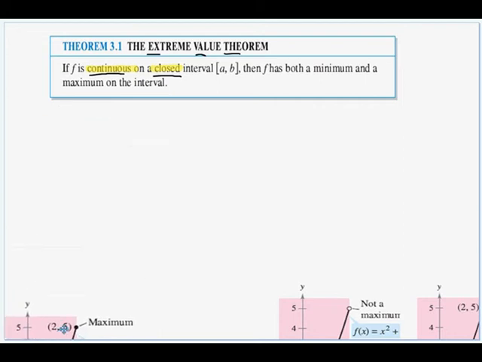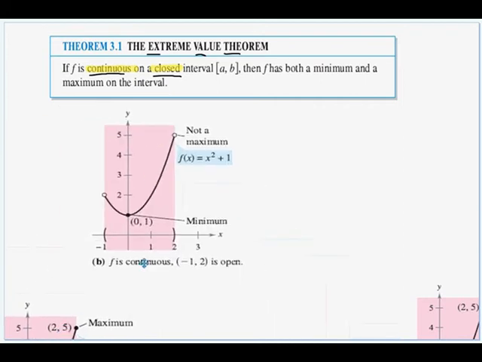Let's take a look at this second graph. Now here the function is continuous. We do have a continuous function, but the interval is no longer closed. Now it's an open interval. We have parentheses around our endpoints, and in the graph we do not have closed circles at the endpoints. We have these open circles. So by the EVT, our function is continuous, but it's not closed. So we are not guaranteed a min and a max on that interval, but we still might be able to